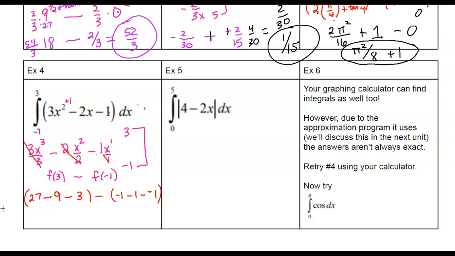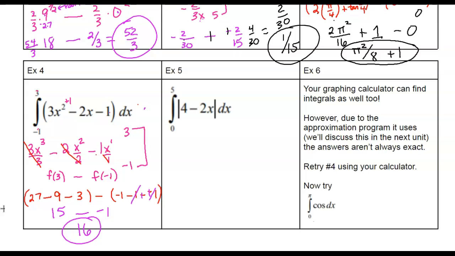So what's that? 27 minus 12 is 15, minus 2 negatives make a positive. So those cancel and I get negative 1. So 15 minus negative 1 is 16. That would be my overall net area. I don't know if it's positive or negative y values on the original function. So,